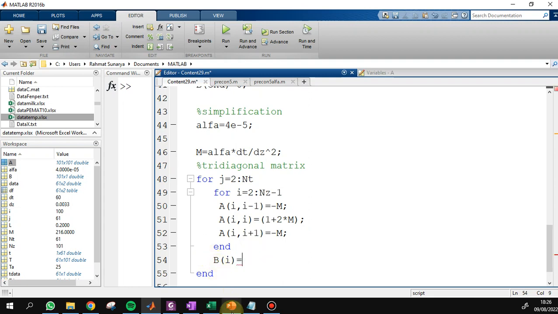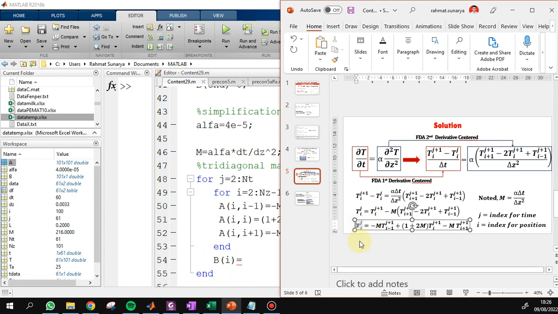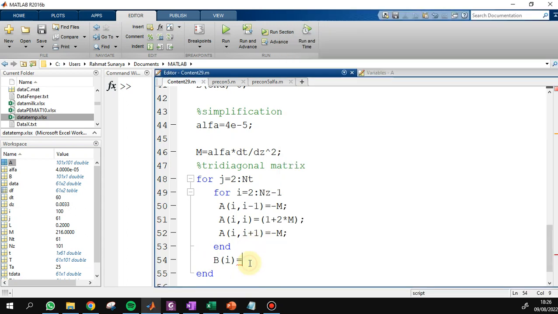Next for B. As you see in this form, B is T(j minus 1, i) plus this.